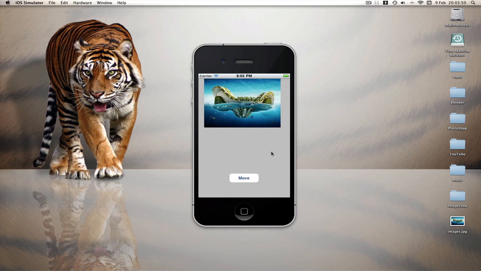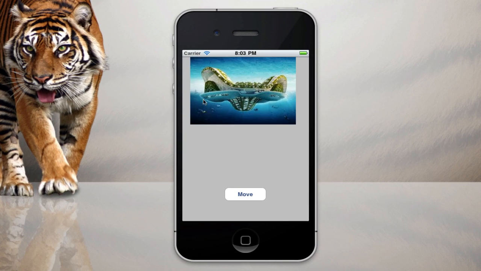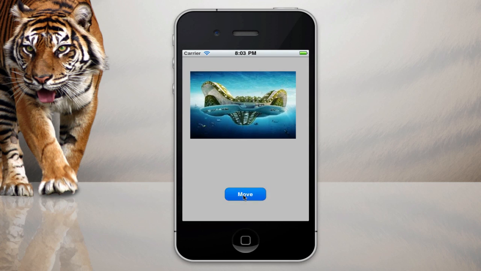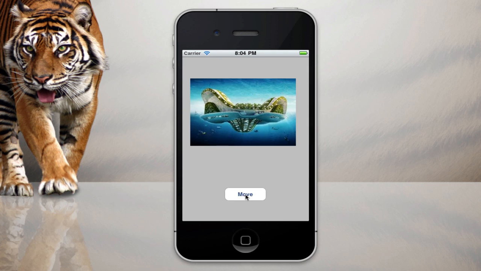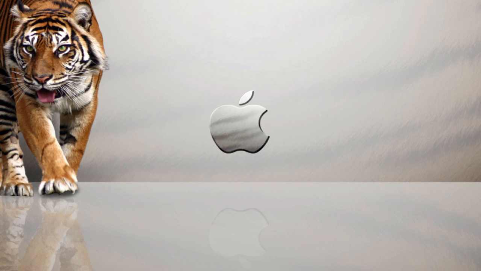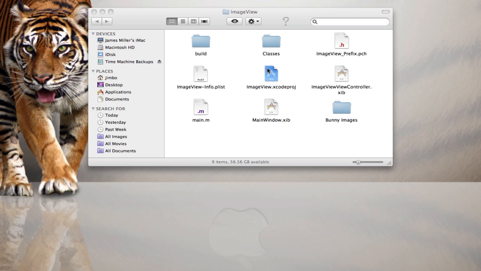So this is the first of many, and as you can see this is our project from before, but this time it's changed, and basically as I click the button the image will move down the screen by 5 pixels. So that's what I'm going to be creating in this tutorial. So without further ado, let's open up our image view tutorial project,